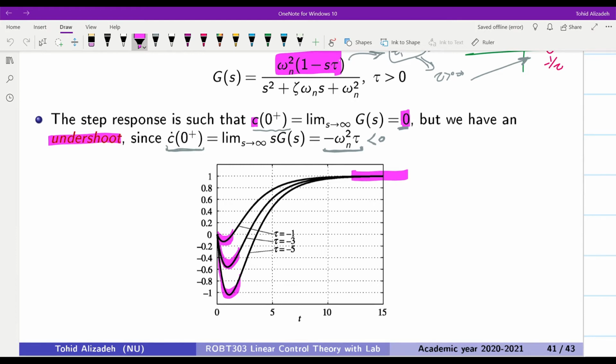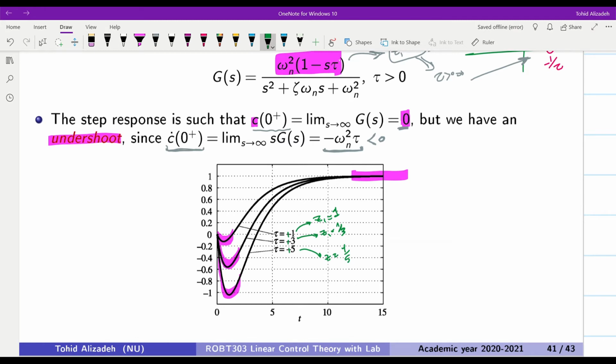You can see different values here. For tau equal to 1, 3, and 5, basically our value for tau will be positive, so these are plus. For tau equal to 1, 3, and 5, we will have zeros located at 1, 1/3, 1/5,